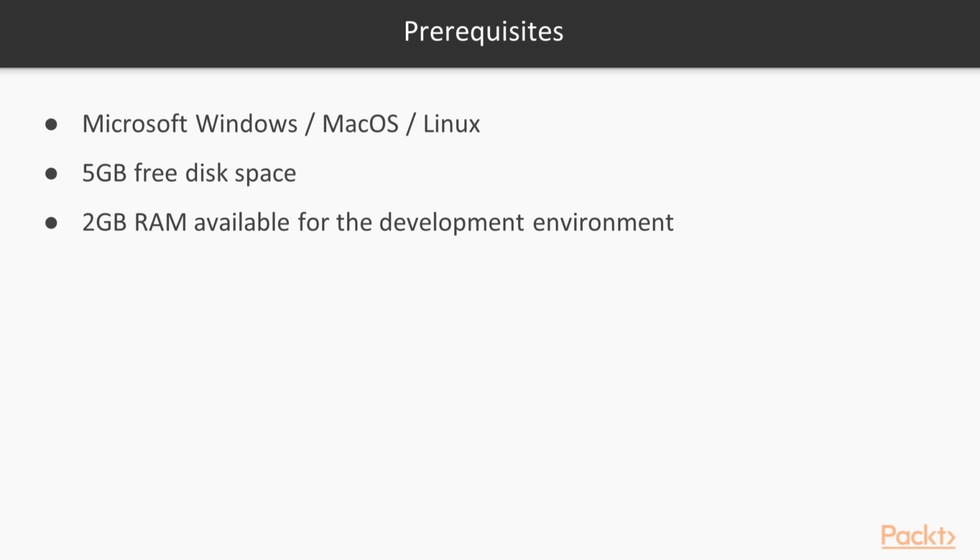Bear in mind that the software that we will be installing will require some disk space, so please make sure you've got at least 5 GB of free space on your disk. Also, while the applications we are including in this course are small, some of the software we're using will require more memory to run in. This is at least 1 GB of RAM. However, it is recommended to have at least 2 GB.